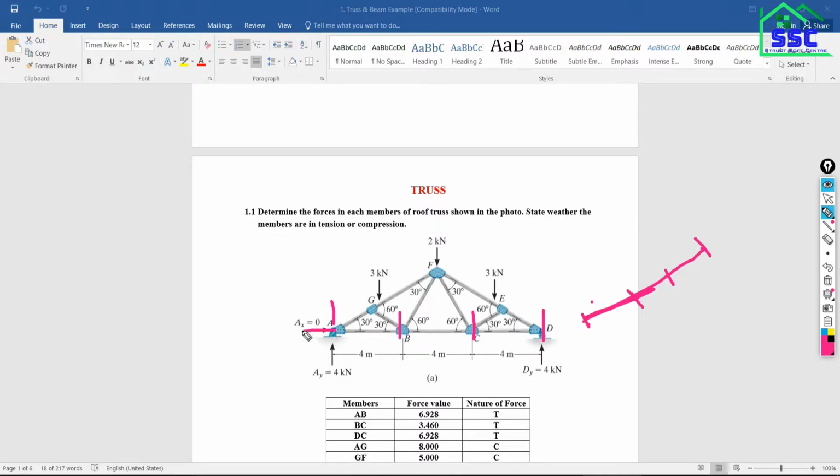Let's consider that ETABS will make it as base by default, and except this base, this is the first level, this is the second level. Am I right? Two levels over the height we have to make, first and second, and base will be by default by the ETABS software. Is that clear to all of you? Now tell me the height of this level. How can you find the total height?